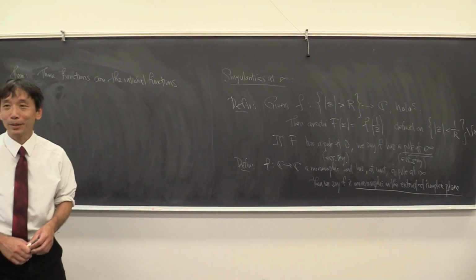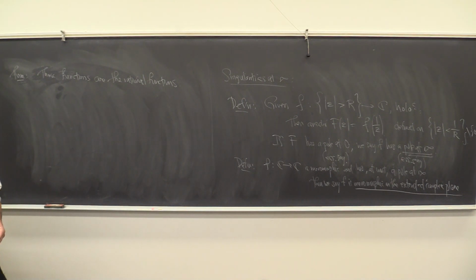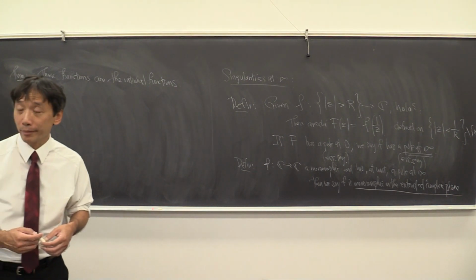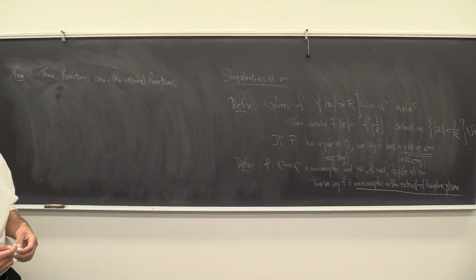Okay. Yeah, Connie. What does it mean, like, by at worst, a pole at infinity? Does that mean not an essential singularity? Right. So either a removable singularity or a pole. But that doesn't have anything to do with poles elsewhere. Like there can be poles not at